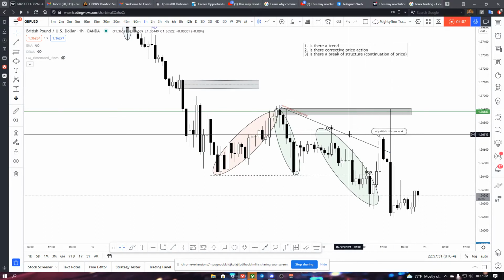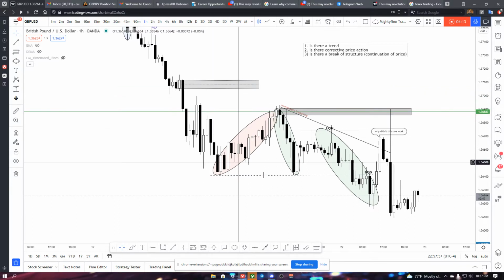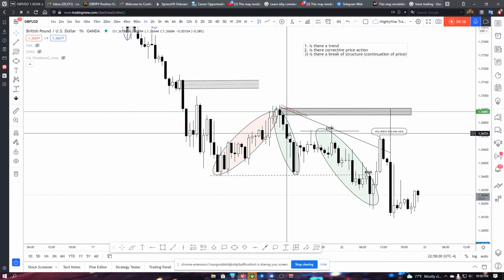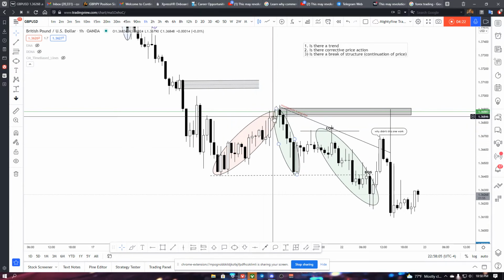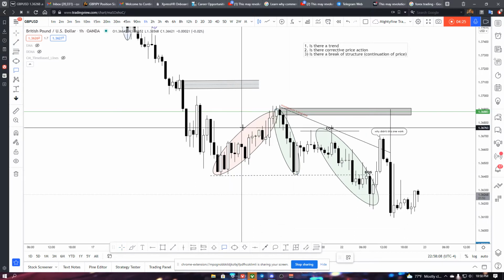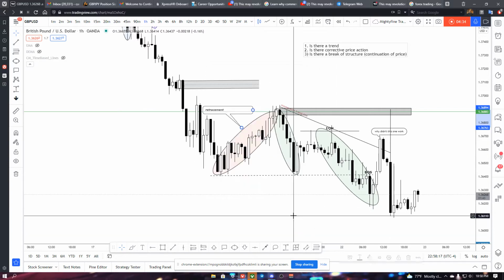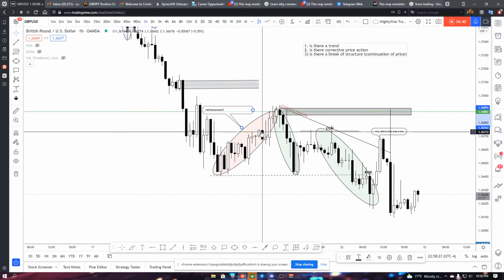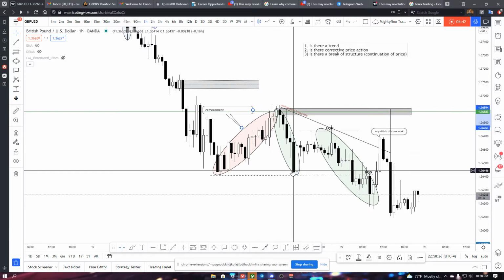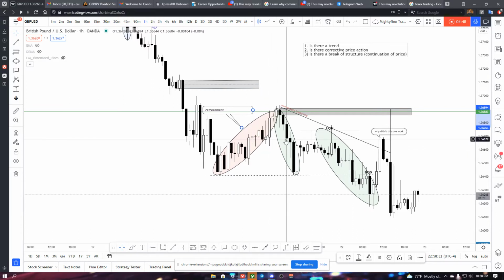Now, what's interesting about this particular example is right around this area. What happened here? So we see this corrective movement right here, or this retracement, because we already identified the trend. Now, the interesting thing that I'm starting to realize is you really want to get a full closure of structure. Now, price did break structure of this uptrend right here, of this retracement,